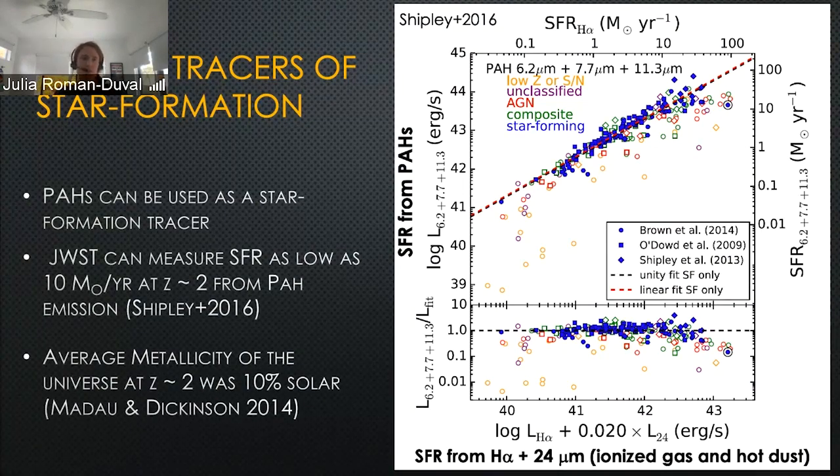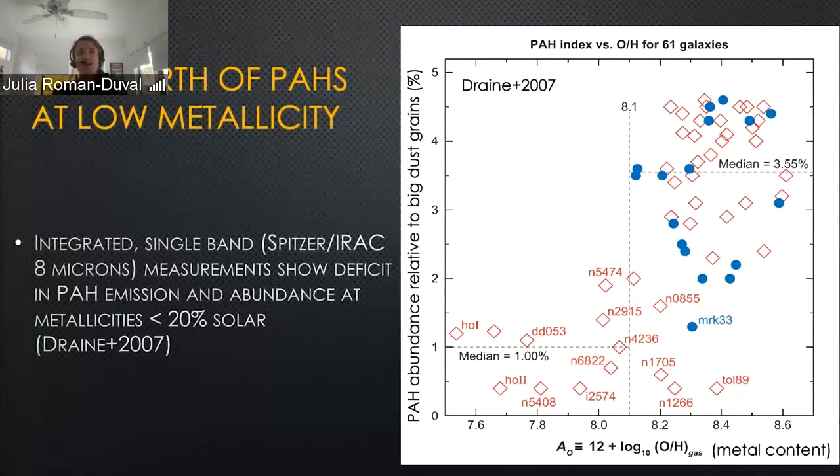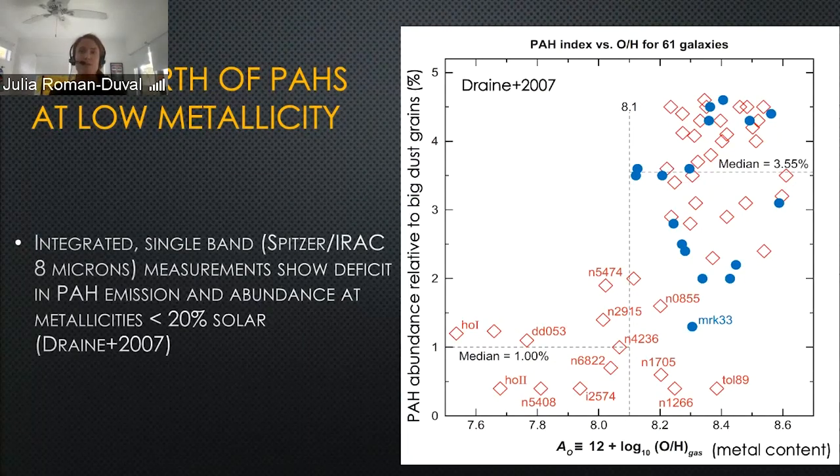And of course, at redshift 2, so when the universe was 3 billion years old, there were much fewer generations of stars that had gotten a chance to enrich their host galaxies. And therefore, the metallicity of the universe back then was much lower than it is today. So the metal content of galaxies, on average, was about 1/10 of what it is today. Meanwhile, we have recently discovered, thanks to Spitzer, that there is a deficit of PAHs and PAH emission in those